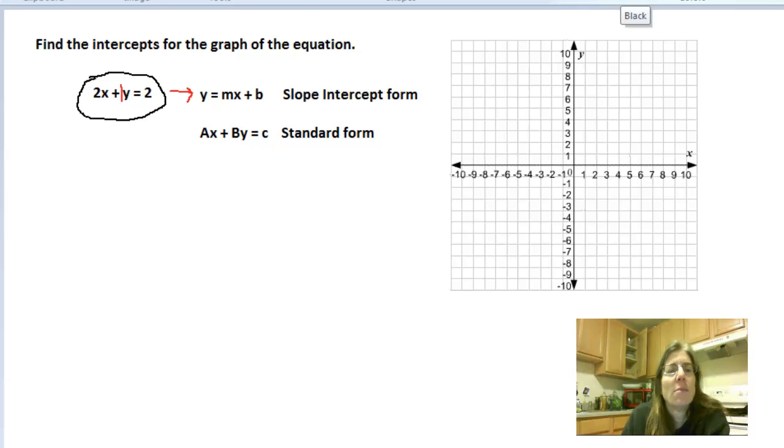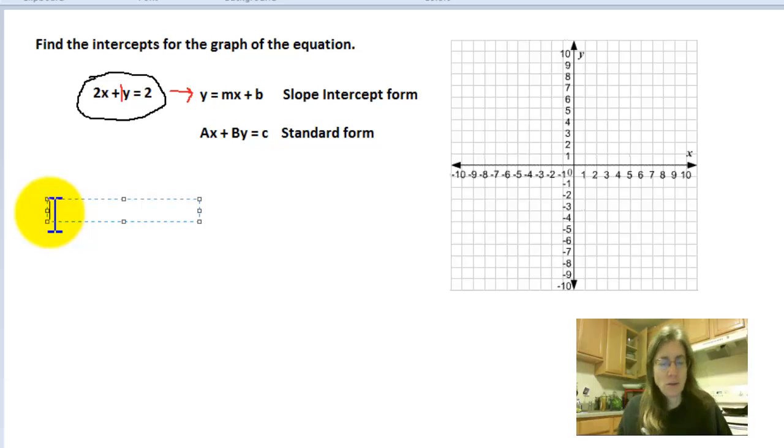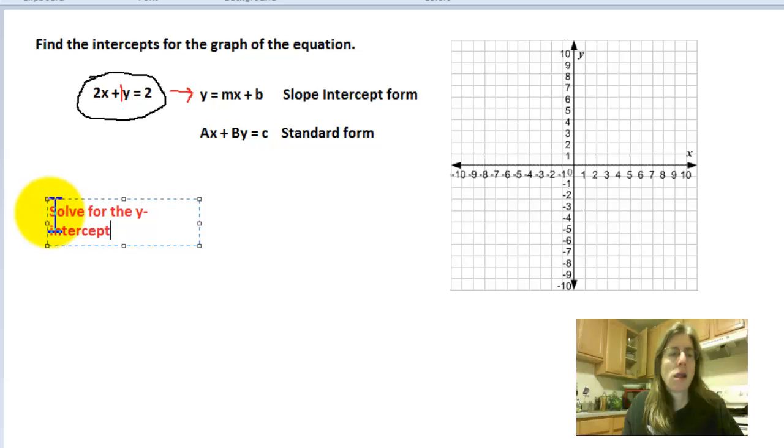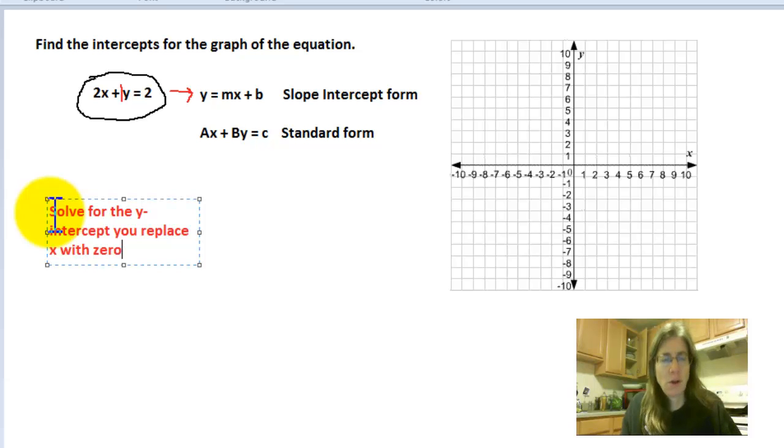And that is based on the idea that to solve for the y-intercept, you replace x with 0 and solve